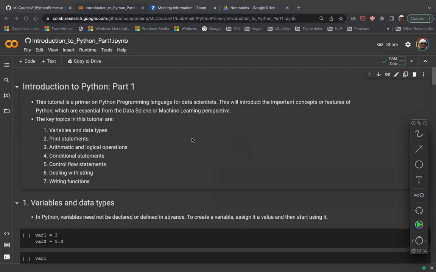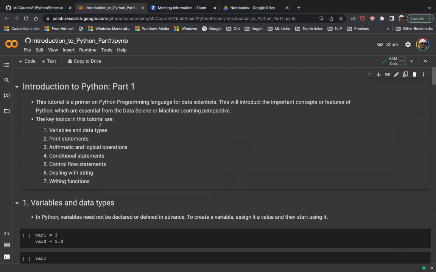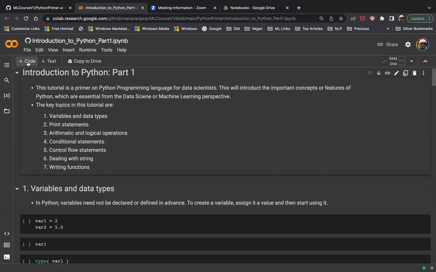There's a markdown syntax to write documentation, and in typical data science and ML, which is more of an exploratory or ad hoc analysis, we not only write code, but we also document properly step by step what we do, and group the code into different subgroups. If you want to write code, you can create a cell with plus code. You can create a cell with plus text, and then write documentation using